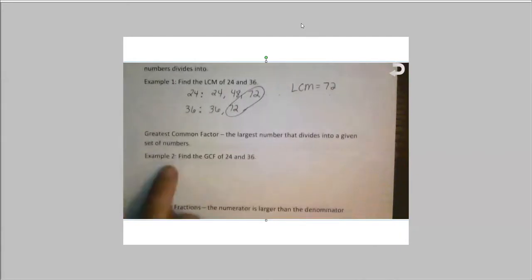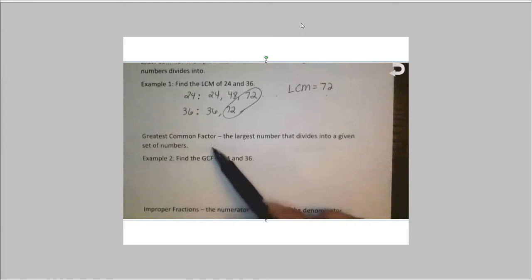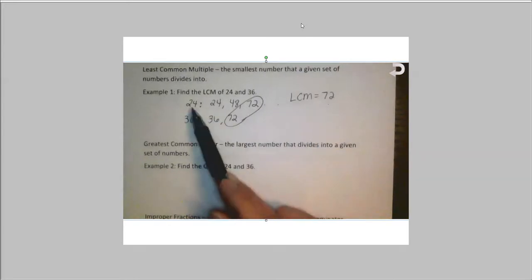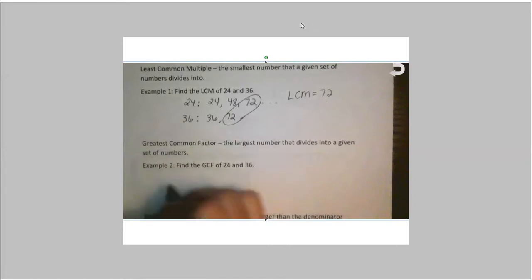A different note here is greatest common factor. This is the largest number that divides into a given set of numbers. So I'm using the same set of numbers, 24 and 36 again, because I want you to truly know the difference between a greatest common factor and a least common multiple. 72 is divisible by 24 and 36. But what is the largest number that will divide evenly into 24 and 36? There's a couple of ways I can do this. One of the ways is just listing all the factors of each of those numbers